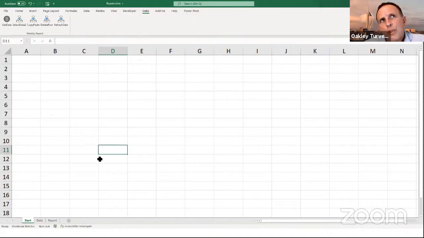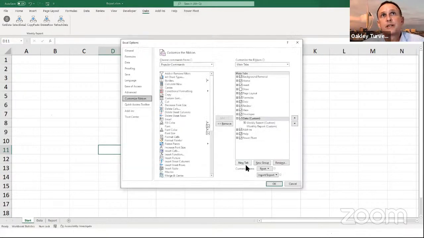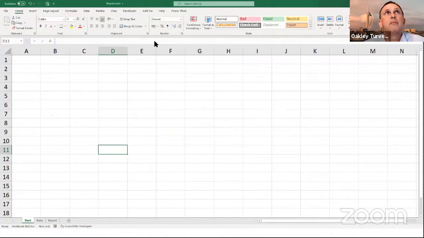So if you've saved a macro on personal and you want it to be available on any file you've got open, these two ways are fantastic, having it on the quick access toolbar or on a custom ribbon. But again, with this example, that's not what we're going to be doing. So I'm going to customize the ribbon. I'm going to choose that one and delete it. So right click on it and remove. And click OK. My wonderful ribbon has now disappeared. So let's see what we are going to do.